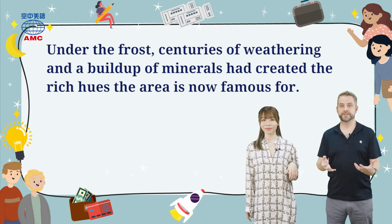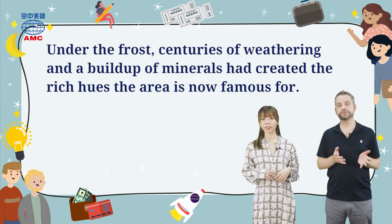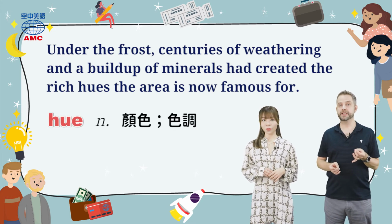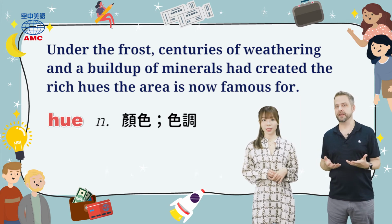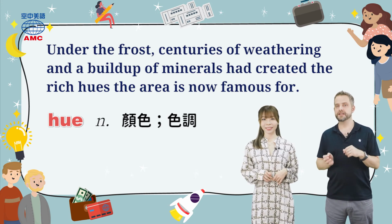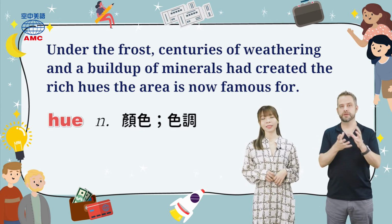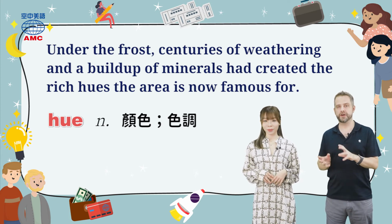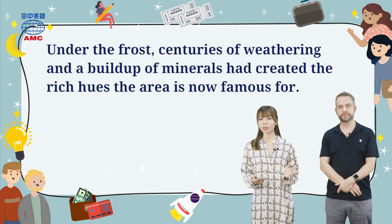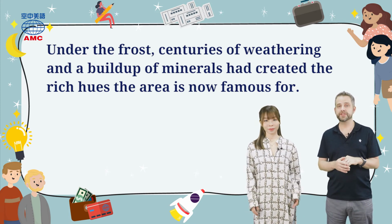We do say that this weathering, so that's the effects of the weather, and building up of these different minerals, this is responsible for the mountain's rich hues. The word hue, and it's H-U-E, hue, basically means the same as color, but we can also use it to mean the different varieties of a single color, like different greens and blues, all the way from very light to very dark, from a pale color to a bold, strong, vivid color, and so on. That's what we use the word hue for. 所以 hue 就是颜色或色调，所以它就是造就了该地如此闻名的丰富色调的原因。